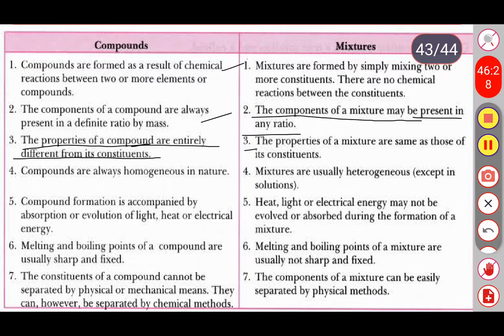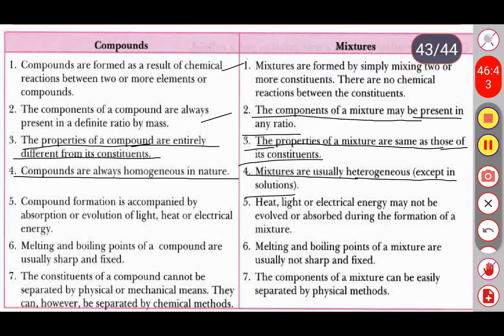Fourth one, compounds are always homogeneous in nature. Mixtures are usually heterogeneous except solutions. Fifth, compound formation is accompanied by absorption or evolution of light, heat and electric energy. Heat, light and electrical energy may not be evolved or absorbed during the formation of a mixture. And sixth one,